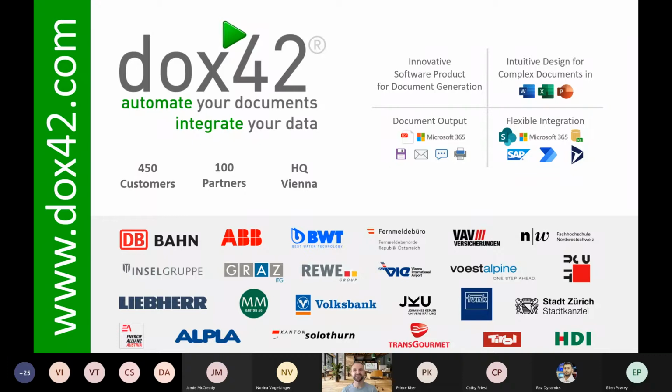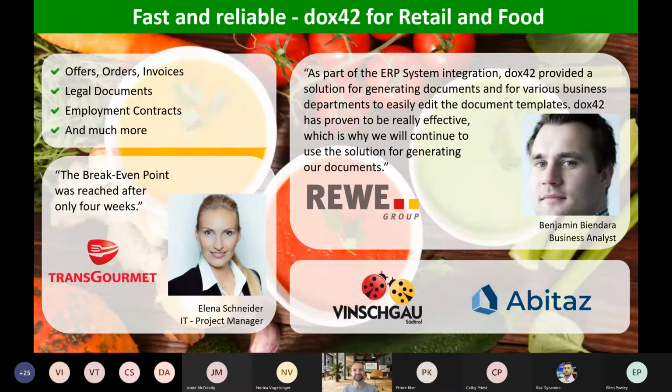Just one reference case, the only one I promised, but still, in terms of the way Docs42 is usually implemented with a customer, it's not only focused on a technology and not focused on just one project. And that's, I think, in terms of a sustainable software investment, a very important part, that you have a tool that is the niche of document automation. You can use it in different input scenarios, but also for different output scenarios. And at the end of the day, that service is flexibly integrated into all of your collaborative business processes.